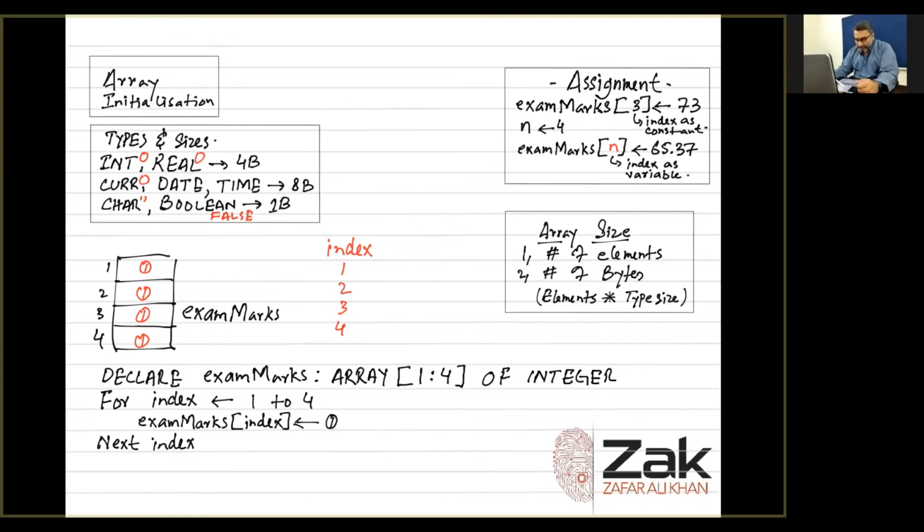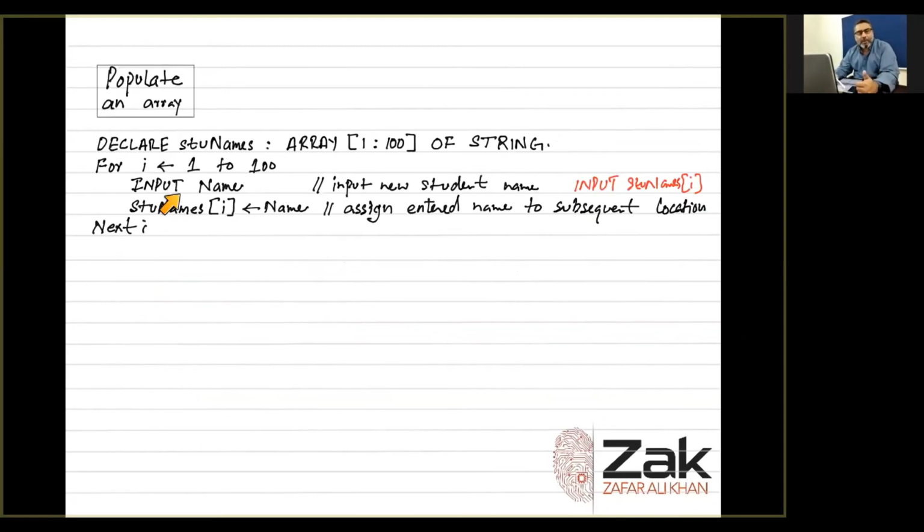So now 4 by 4 will become 16. It means that this particular array is holding up 16 bytes in the computer's memory. That is how we count the size of the array. Now, populate. As I told you, populate means to take input from the lower index to the upper index,